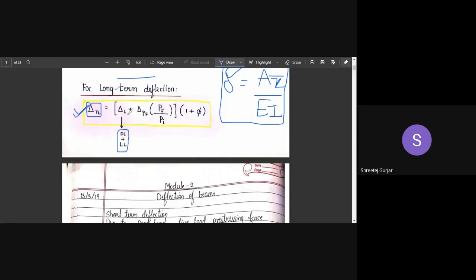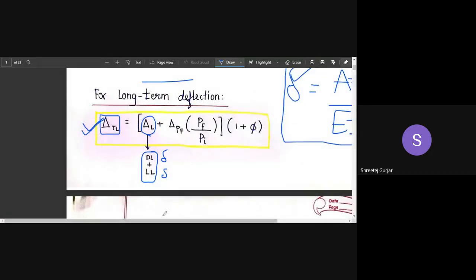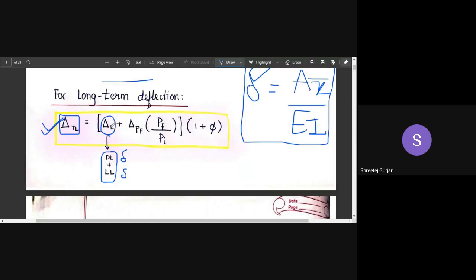This term represents the summation of deflection due to dead load plus live load. Both of these you sum up and substitute over here. The suffix l represents load, so this is the deflection caused by loads